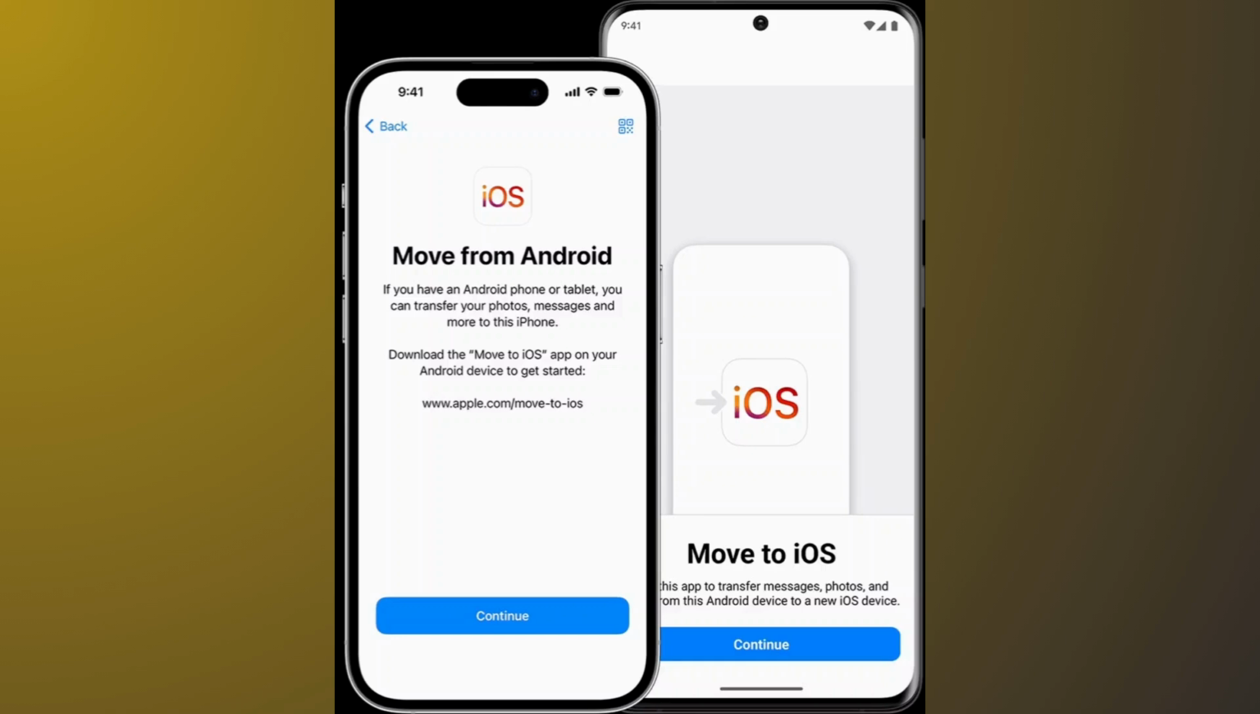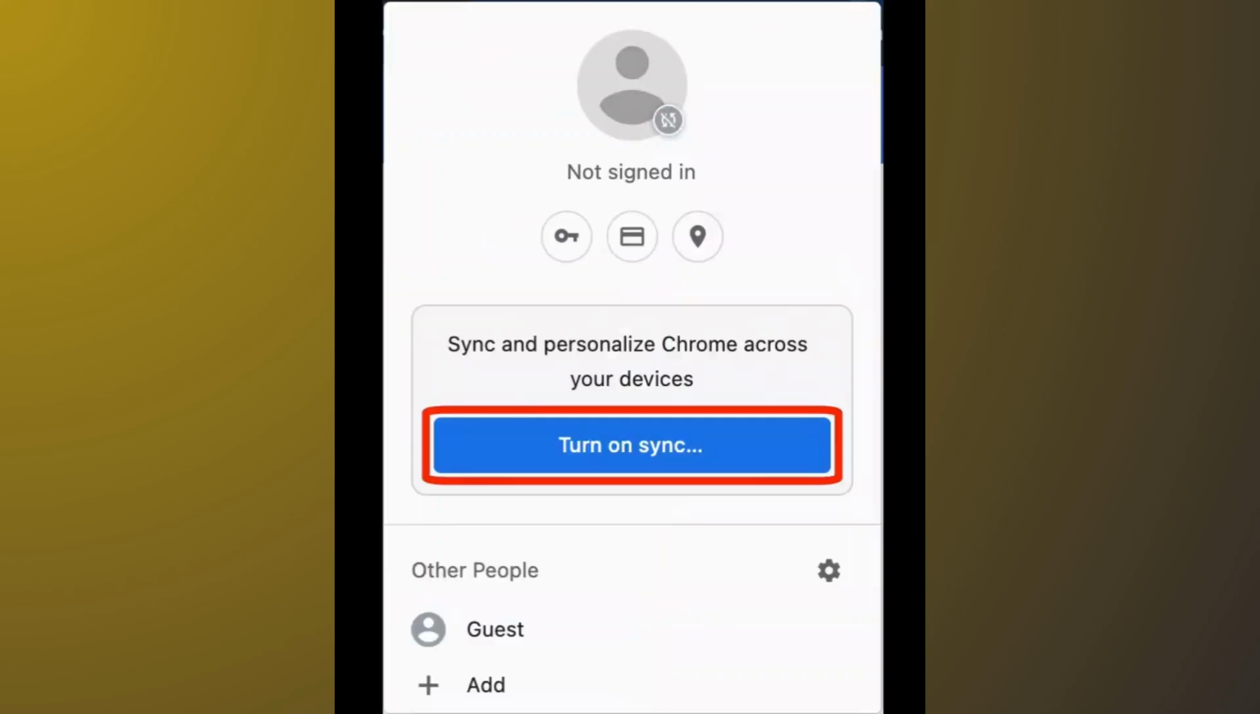The second method is using your Google account. This is a great option if you already sync your data like contacts, calendars, and emails with Google. First, on your Android device, make sure you're signed into your Google account and that you've synced your data. To check, go to Settings, then Accounts and Google, and make sure things like Contacts, Calendar, and Google Photos